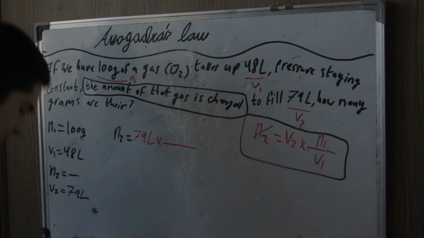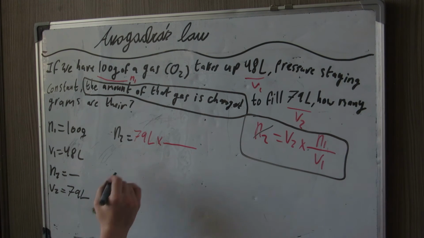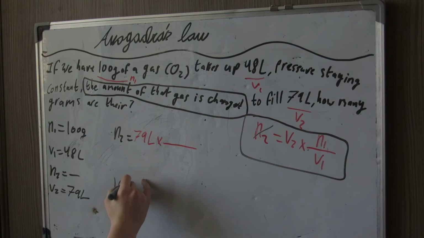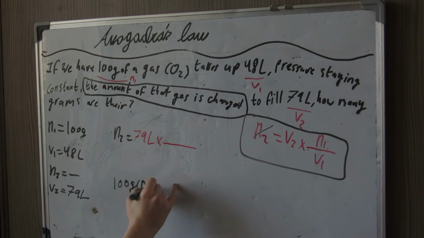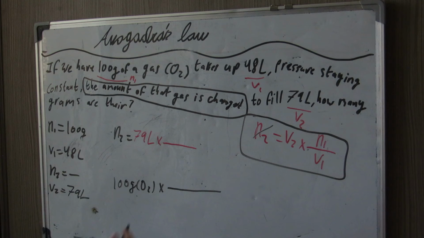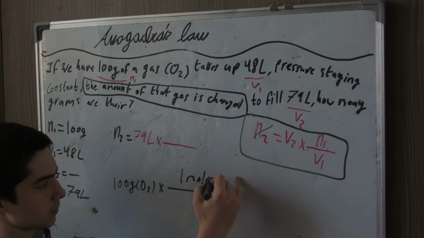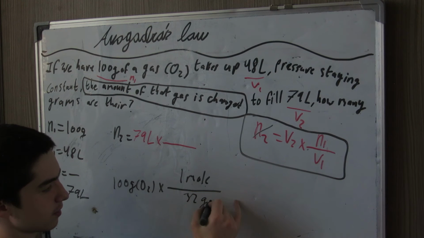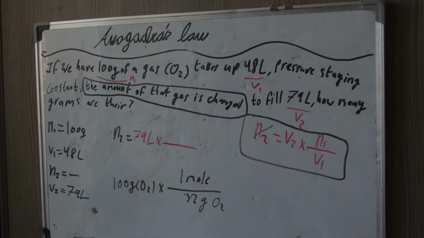As simple as it is. So what we do is we simply write 100 grams, if we have O2, I will put the relationship. So the relationship is every 1 mole of O2 will equal 32 grams of O2. Why is that? Of course, some of you would think it's 16, but it's actually not. Why? Because 16 is the mass of one oxygen atom. Here we have O2, so it's 16 plus 16, 32 grams. So 32 grams per mole is the relationship, or the